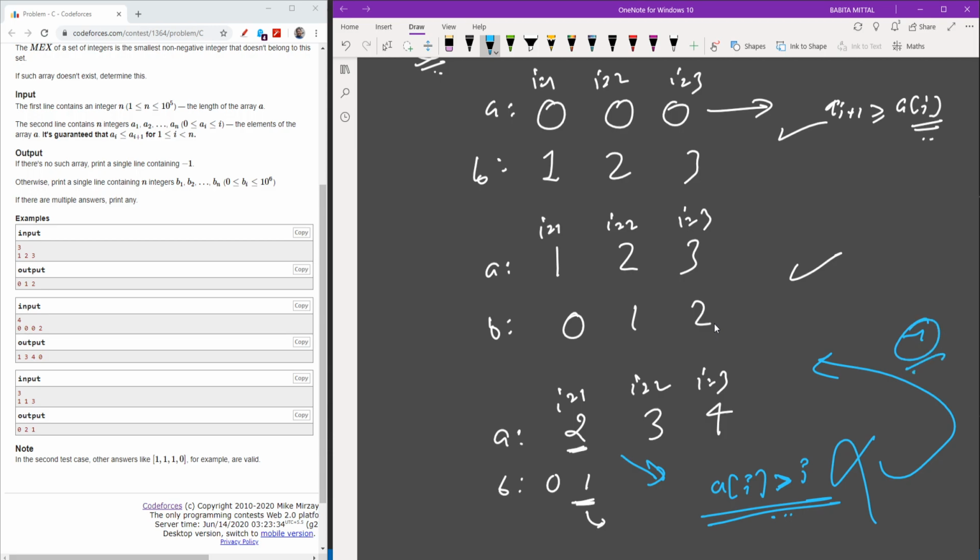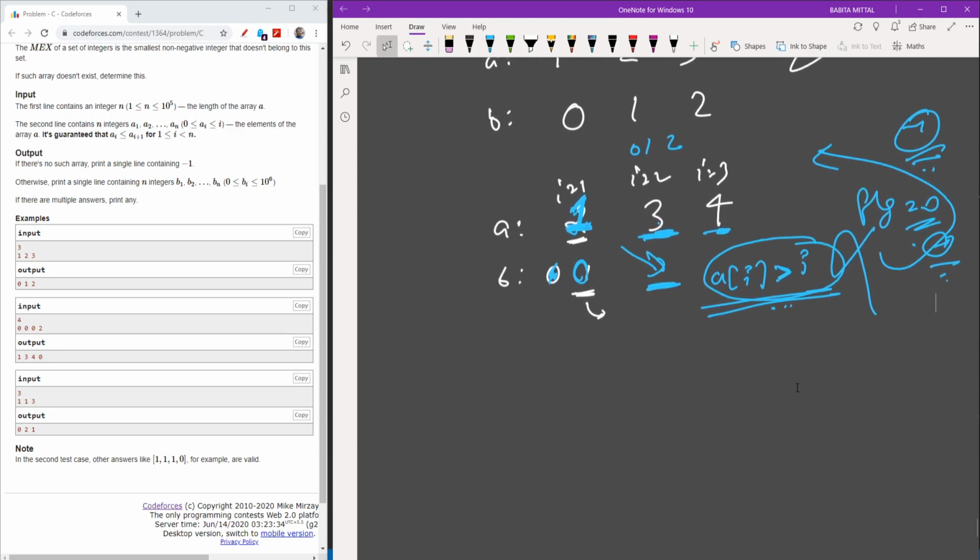So I will print my answer as -1. I clearly said that it is increasing. So it might happen that I was placing 1 here, so I will write 0 here. So you will say, is this answer right? I will say no, because in the next, as you can see, for 3 you need to place 0, 1 and 2. But you have only one place left. So you can either place 1 or 2 here, and one number will be remaining. So at any step in my array, if A of I becomes more than or equal to I, then I will mark my flag as 0 and I will print -1.